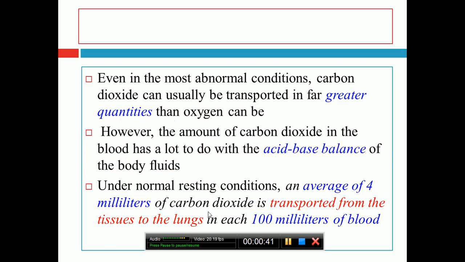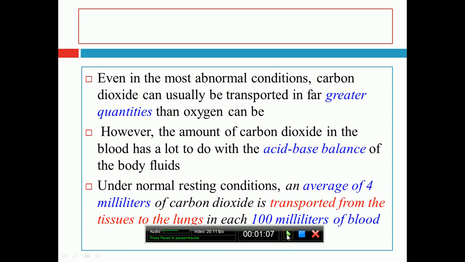So why is carbon dioxide important? Because even in most abnormal conditions, when the oxygen and carbon dioxide perfusion ratio is disturbed, in that condition, even then,